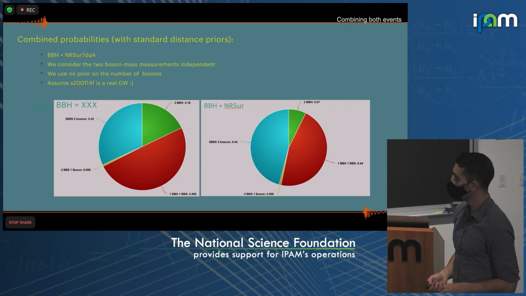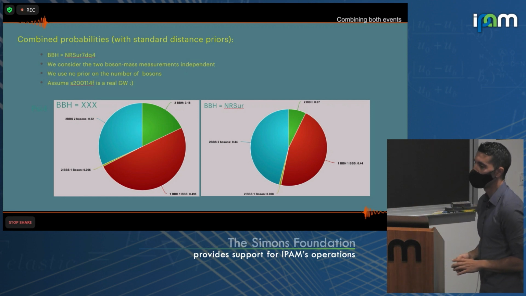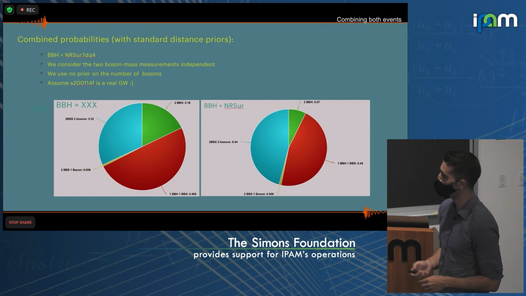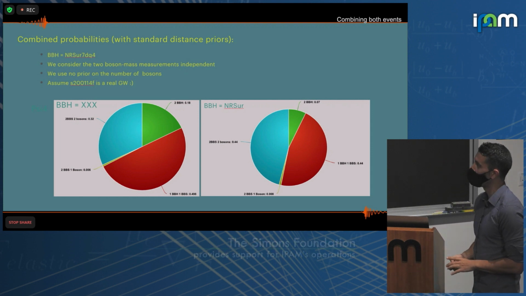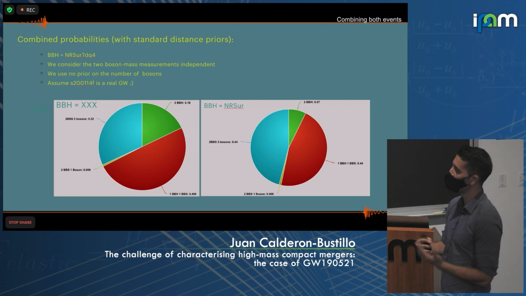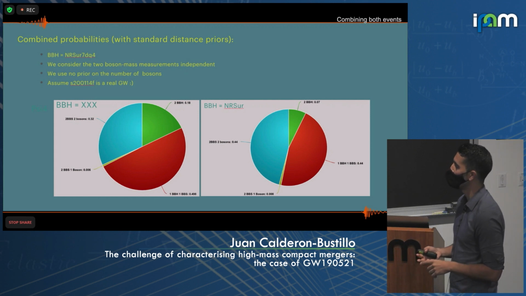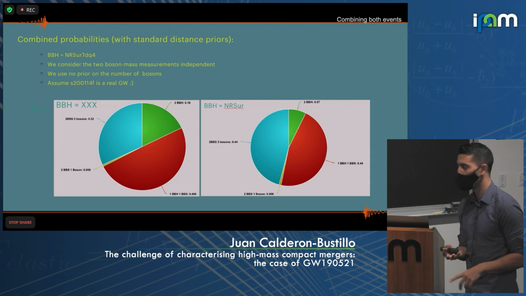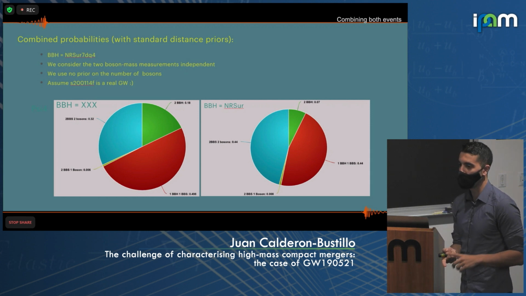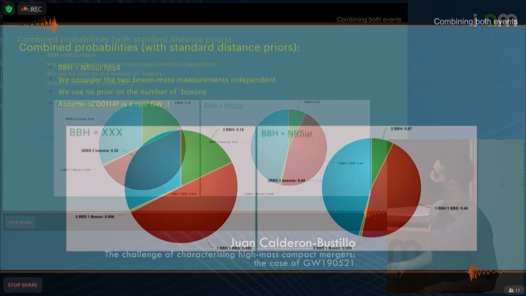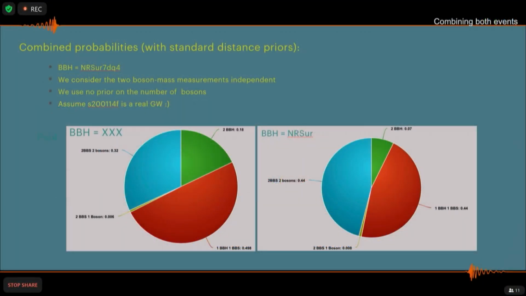So once you sort of believe you have two detections and you have done this model comparison with black holes and Proca stars, you can start to ask the question of which of the following scenarios is more likely: two black holes, two Proca stars with different bosons, two Proca star mergers with the same boson, or one and one. So if you attach, let's say, to the vanilla or preferred model that we usually use for these high mass mergers, which is the NR surrogate, these are the probabilities you get.